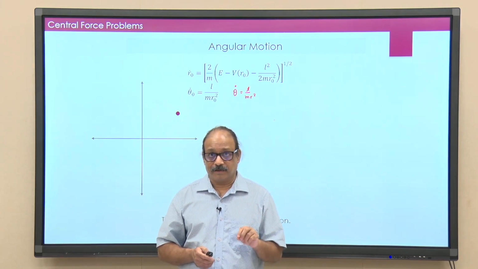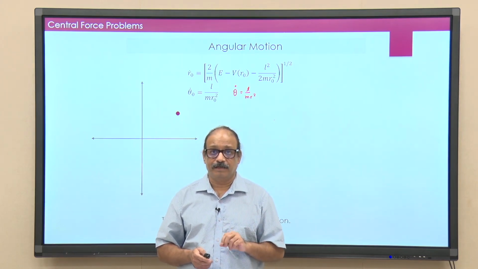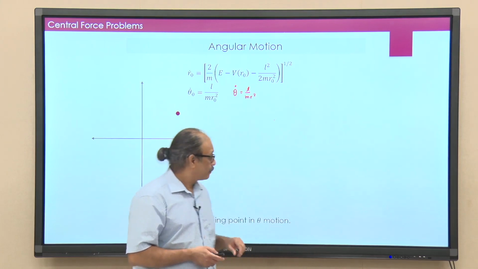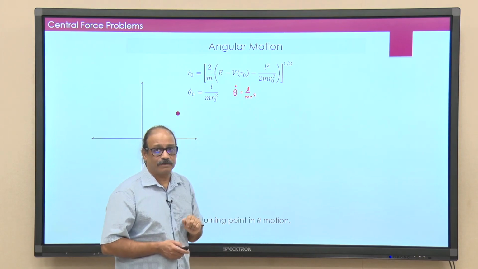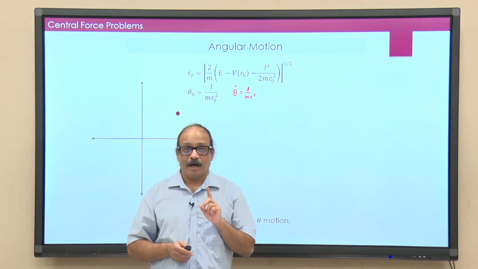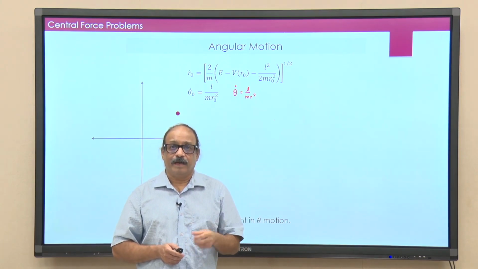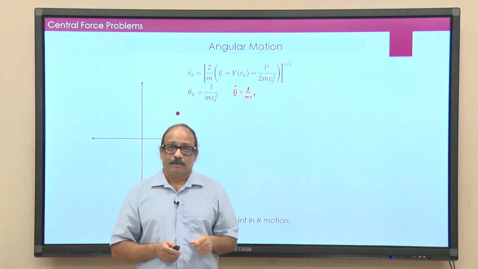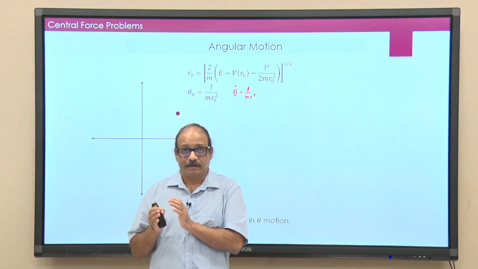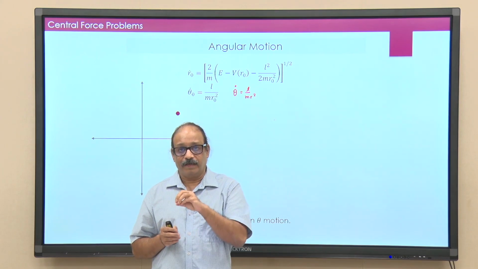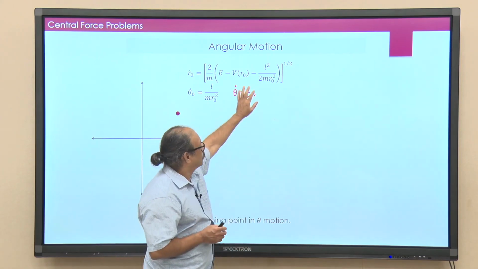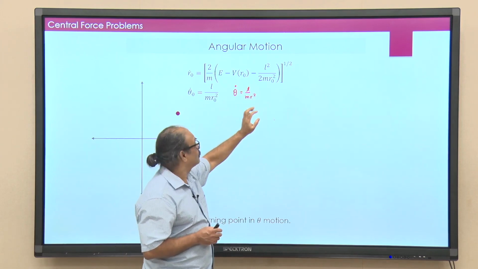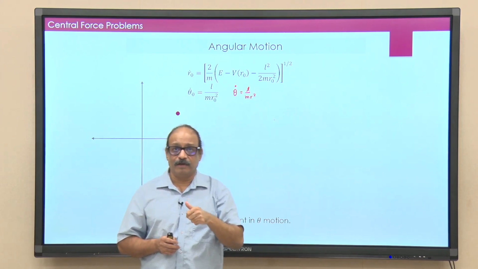the sign of theta dot does not change during the motion, because here L is a constant of motion, m is a constant of motion, and r is always positive, and anyway it is squared. So, on the right hand side the only variable is r, and that is always positive. So, whatever sign that this one has, where will that sign come from? That will come from the angular momentum.